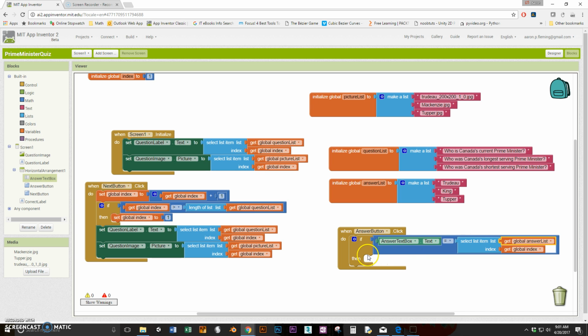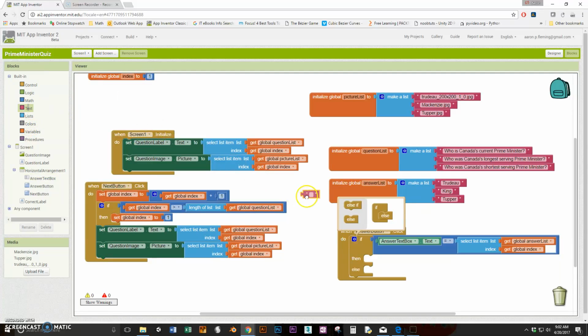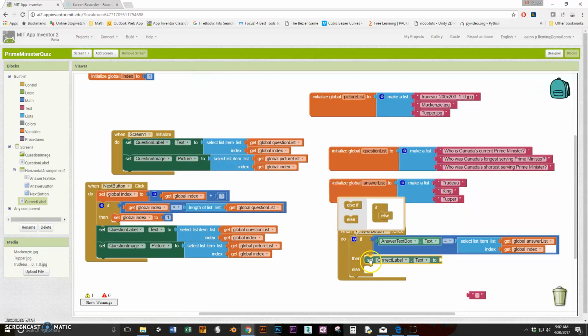So if that's correct, we need an else as well here. Add it, throw that in. Okay, so if they're correct, then we will just give them some text. We'll tell them they're right. Sorry, before I do that, we got to put it in the correct label. So we're going to set that label, set correct label text to, we'll just put something here, you are correct. All right, and then this one here, we'll just copy it, and then we'll say,